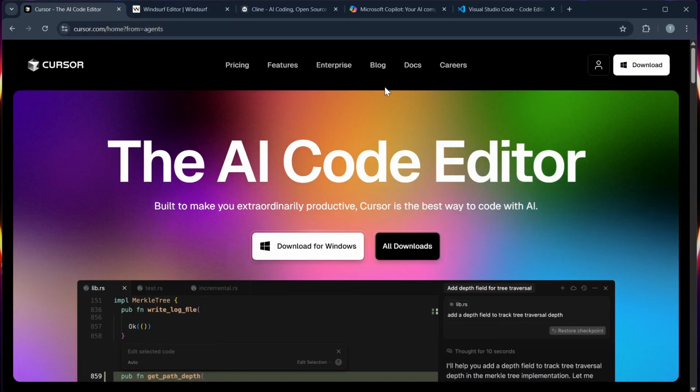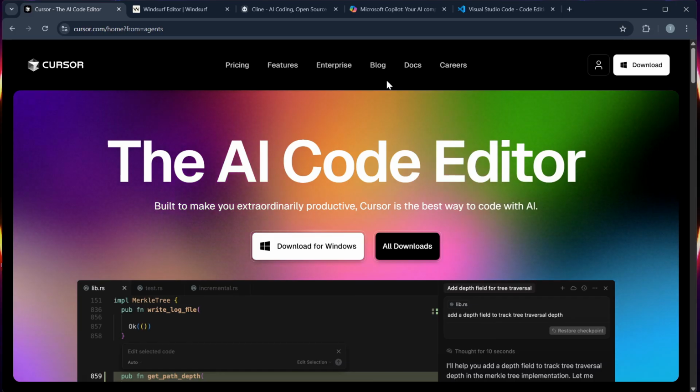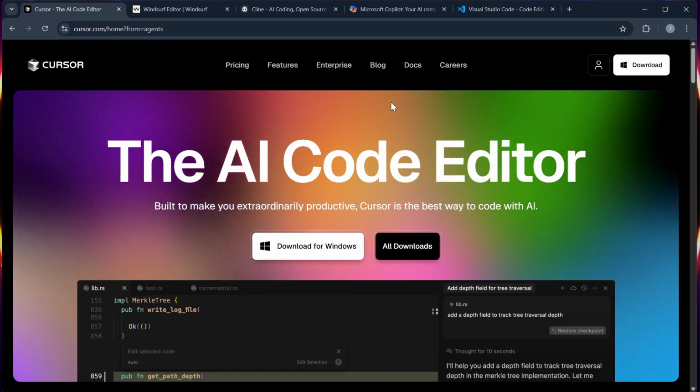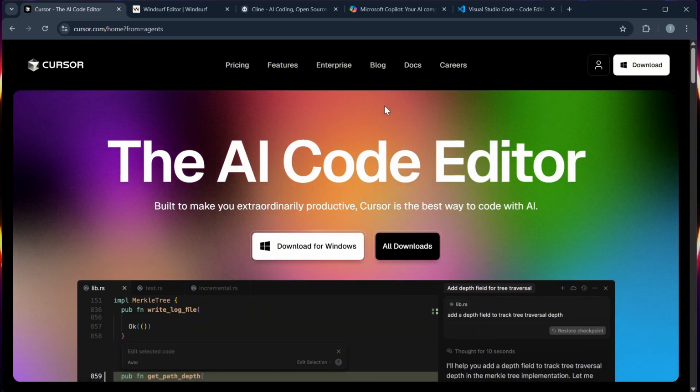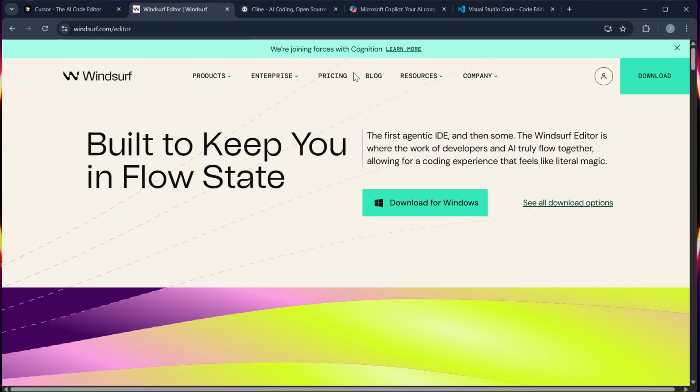So let's compare them with their features and supported languages. Let's start with Cursor. Cursor is AI-first, built on top of VS Code with deep AI integration for code completion, debugging, and refactoring, while Windsurf focuses on web development, offering built-in deployment pipelines and browser-based editing, while Cline is